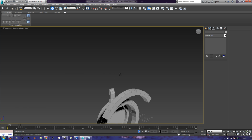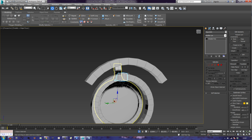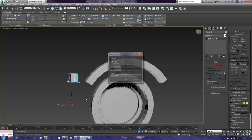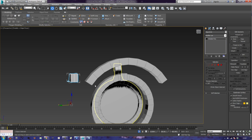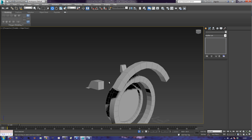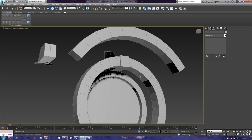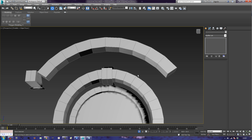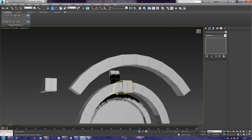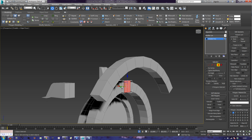Before I do, I'm going to make a copy of it. Okay, so basically the more copies I have, the better, because now I have this piece and can duplicate it as many times as I see fit, which is cool and helpful. I mean, it's not a difficult part to make, but uniformity is massively important in this kind of model. Now I get this, and what I'm going to do here is extrude it,